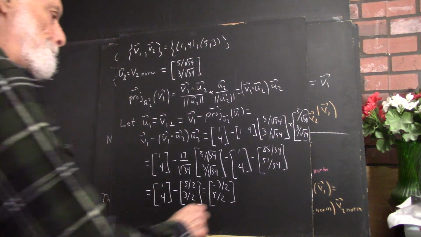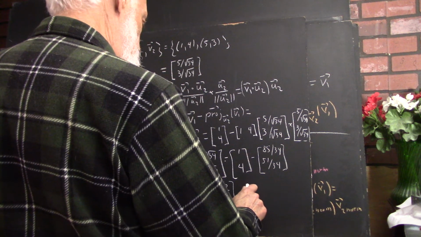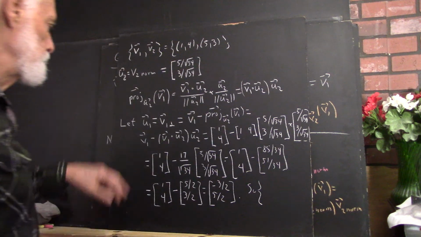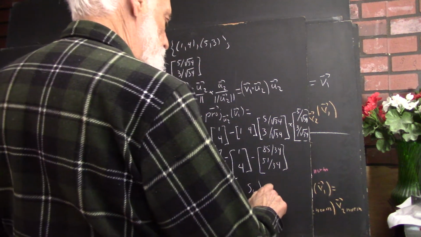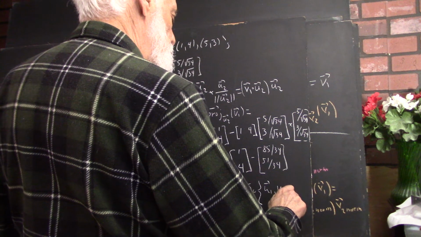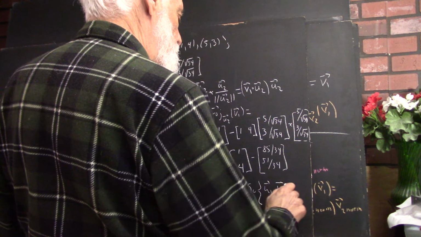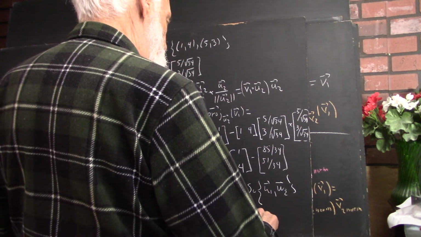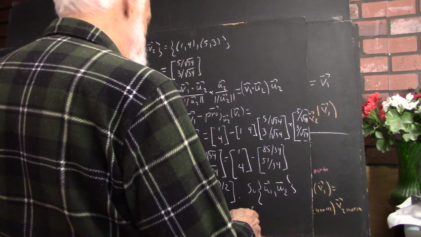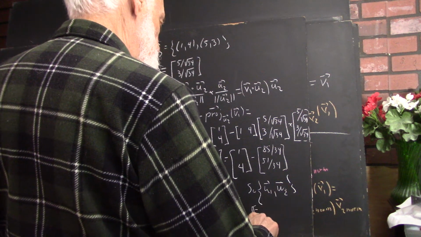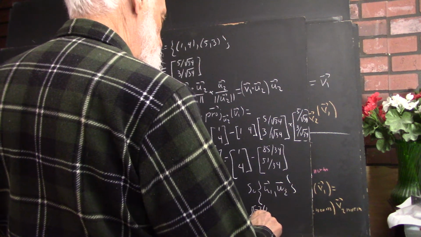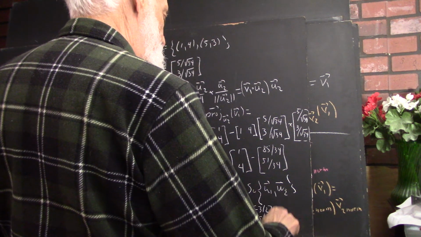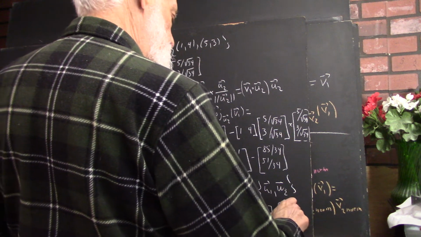Let's see. So, U1, U2 equals negative 3 halves, 5 halves, and